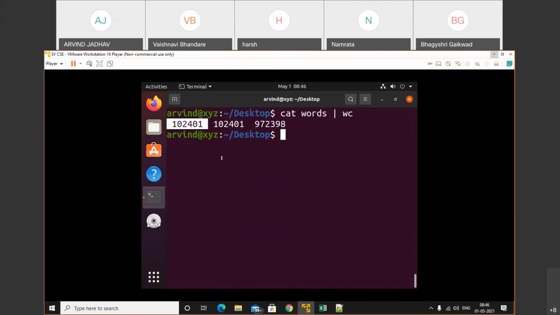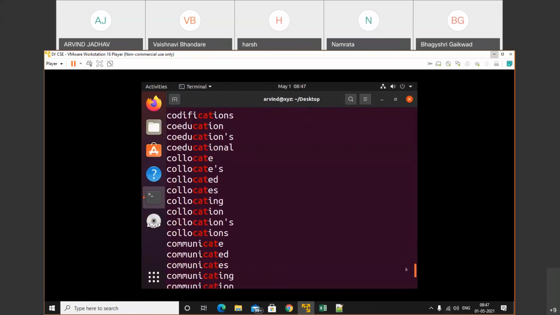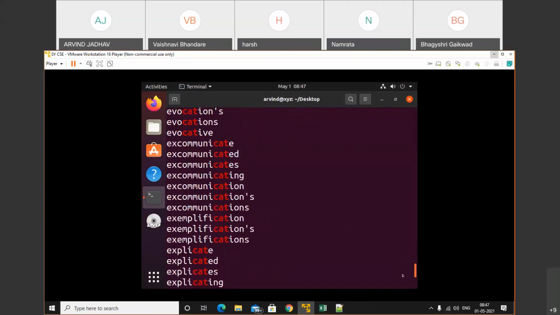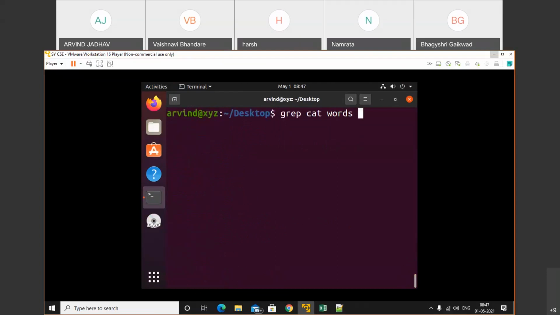So we can perform a bunch of operations using the grep command. Let's do that. For example, grep cat words. See, we have successfully found that word, but this word is combined with other words. I searched for a word with the cat command. If you want to check only that particular word, for example I want to check only hello, does that dictionary have that word?